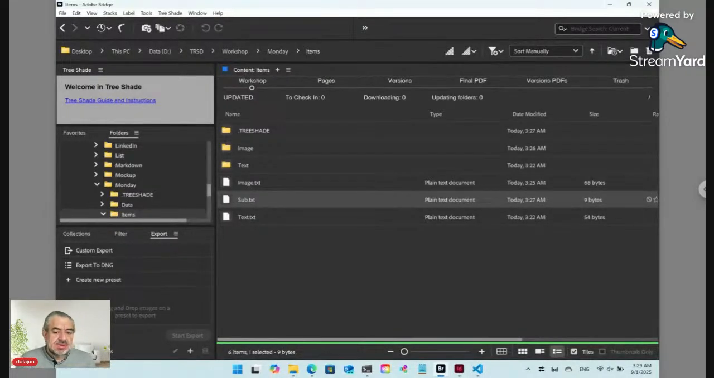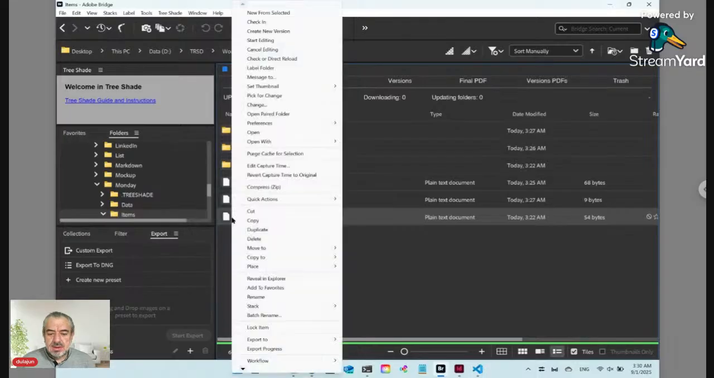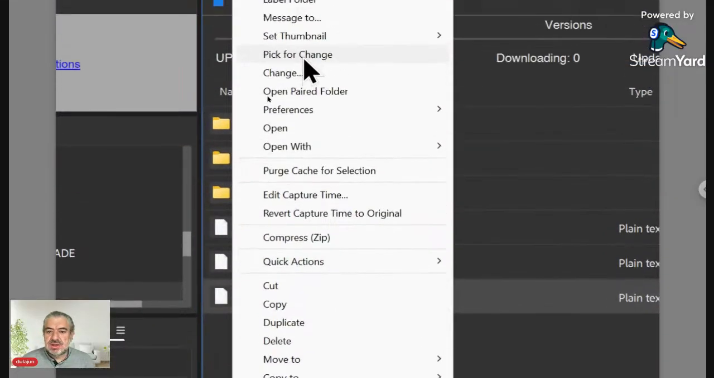The default first element. Let's consider text. I want to rename text to... no, keep the text as it is, because we consider it as title. Anyway, right click on text and select pick for change for copying, because this is a TreeShade command, and it's important to forge the relation in copying